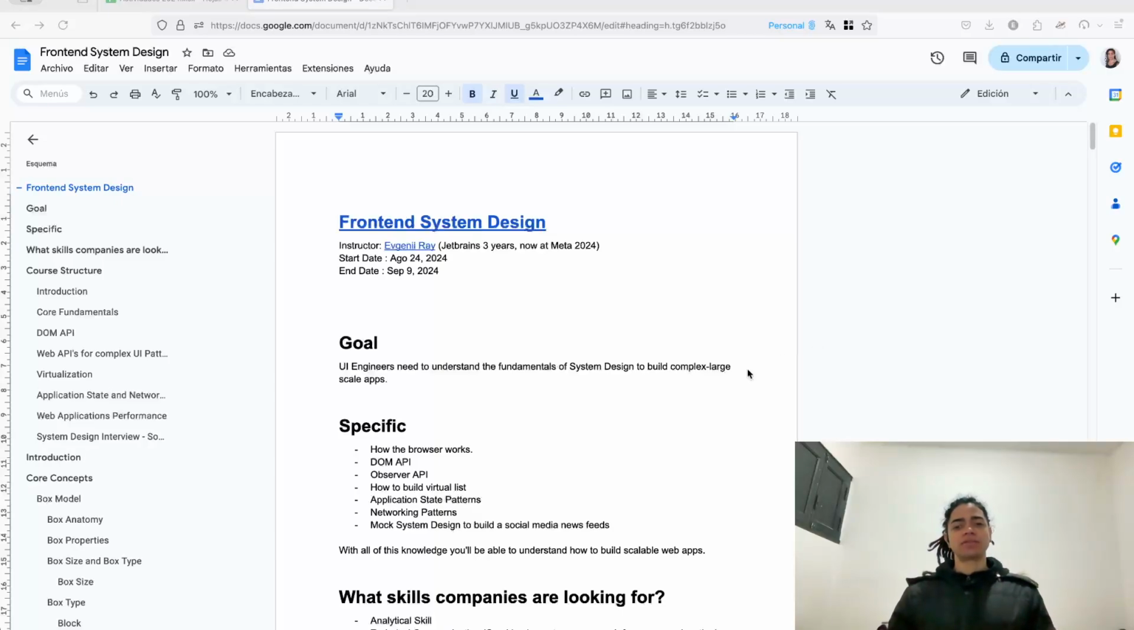How's it going, everyone? Eulier Gonzalez here, and today we take a look at front-end system design, which is the natural step, especially when you're starting to look at how you can write applications in JavaScript on the web using